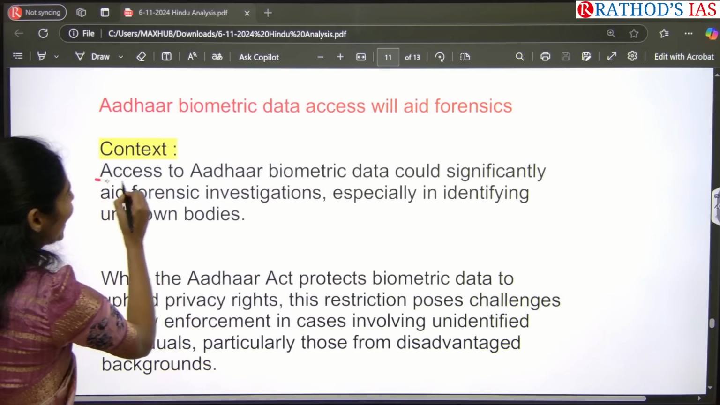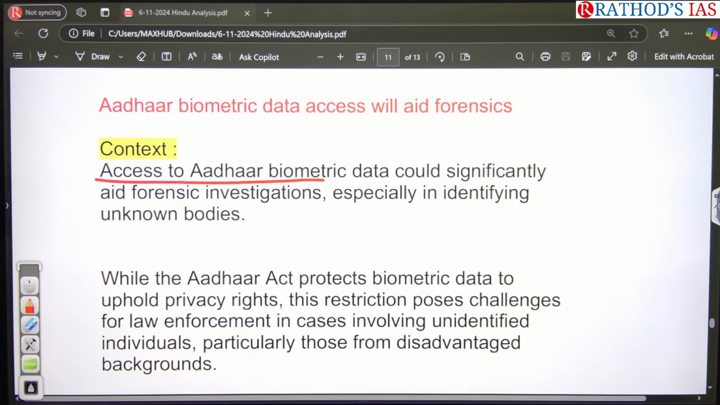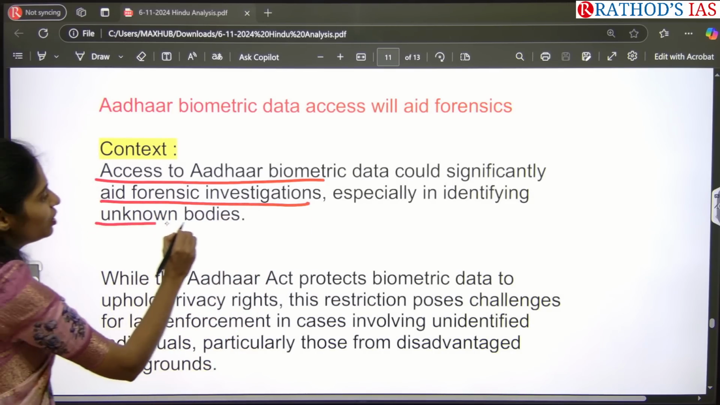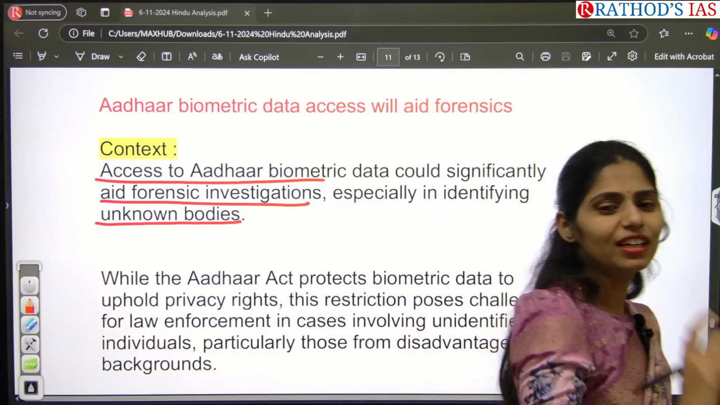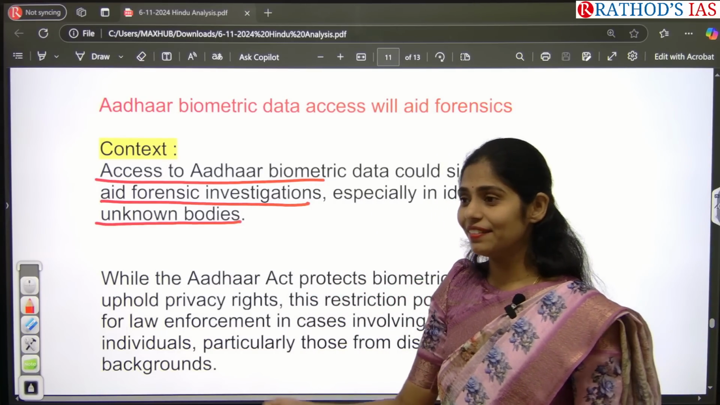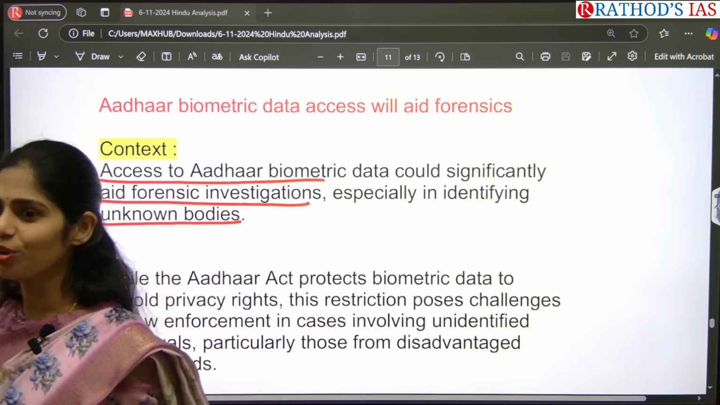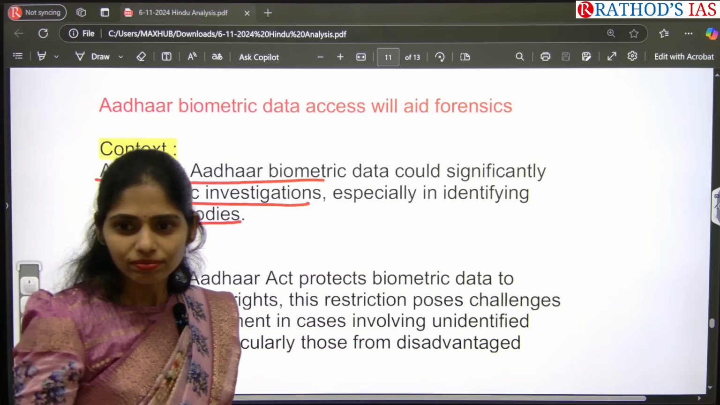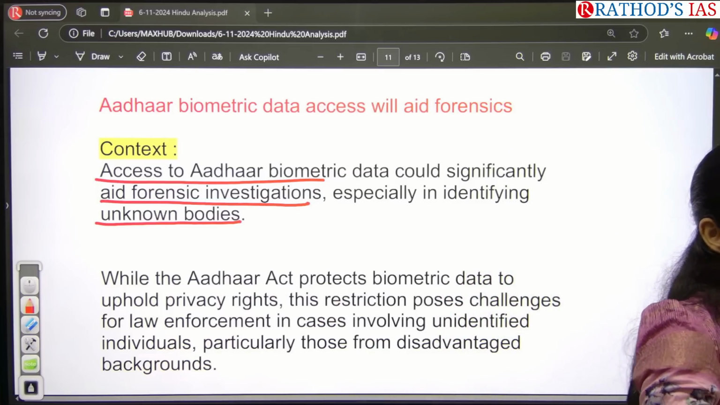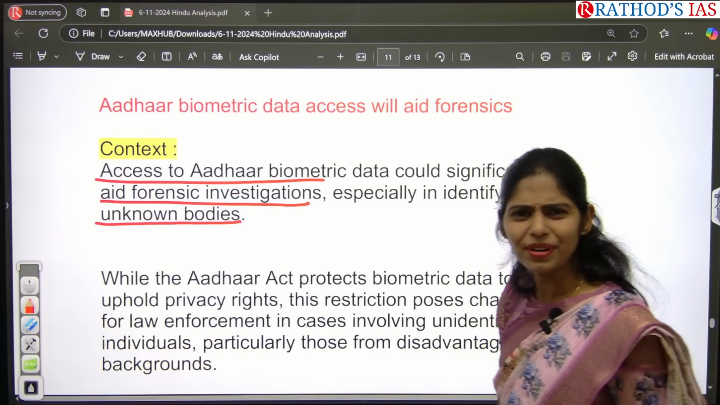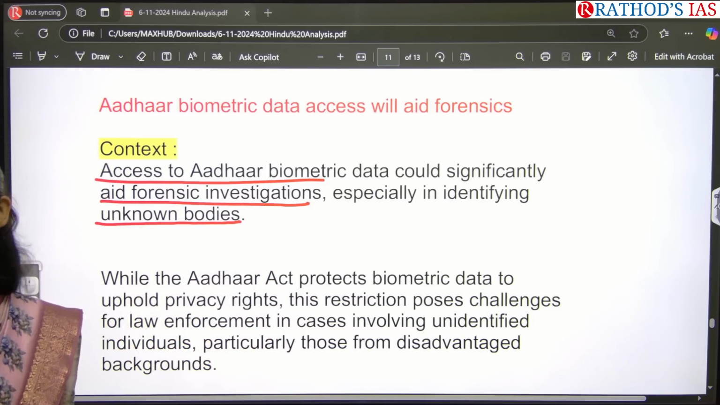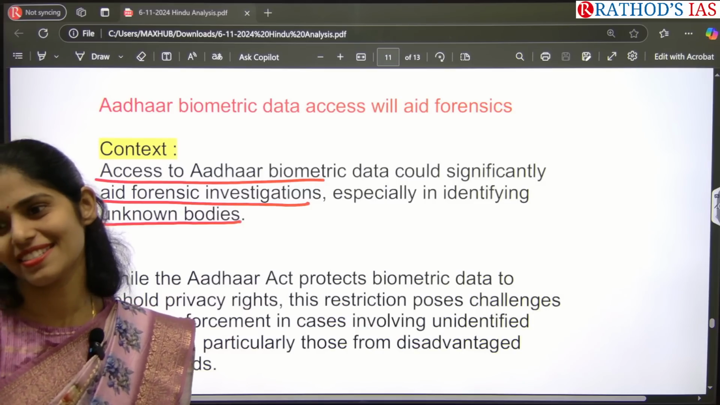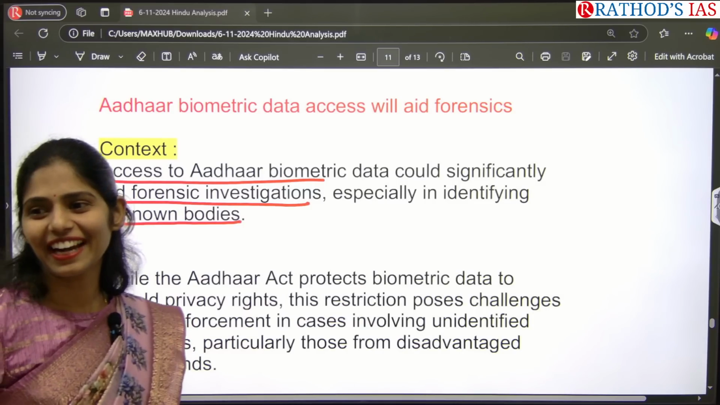So this article is saying that access to Aadhaar biometric data could significantly help forensic investigations, especially in identifying unknown bodies. So don't you watch movies like criminal movies, investigation movies? You will be getting lots of dead bodies, and even some dead bodies you can find in dumping sites with no head, with no hands, only torso. Then how can you identify and how can you chase that case? You should be very brave enough, right? I'm not asking about movie, I'm asking about your life in future. If you are getting this IPS or if you are getting any crime branch,